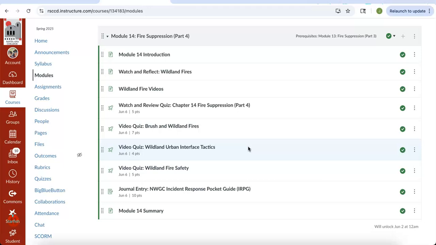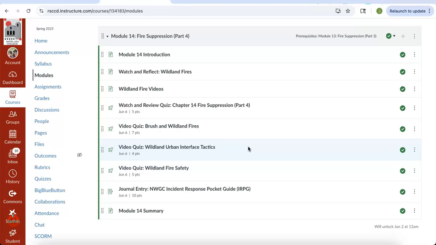Matter of fact, there was just a fire this weekend. They called it the Henderson Fire. And the Henderson Fire, let's see here, was located down in San Diego, off of the 76 and Pala Temecula Road, and it started to spread out. So there was structure protection. Structure protection is where we start to get into that wildland urban interface, and as these fires move towards homes, and those homes that are in the wildland areas, that's what we're talking about when it comes to that.